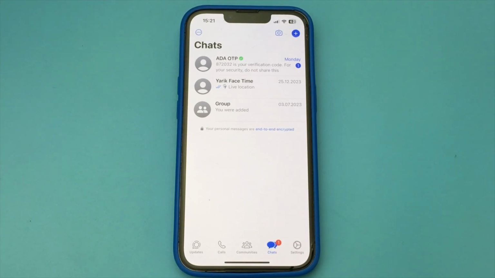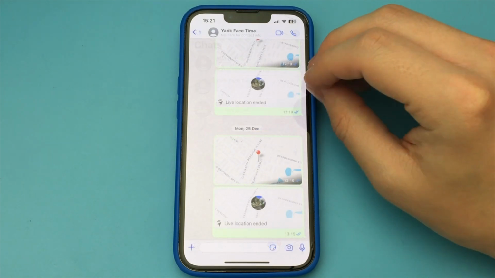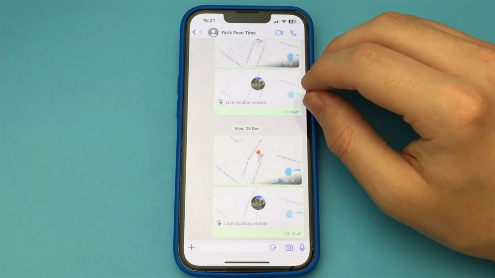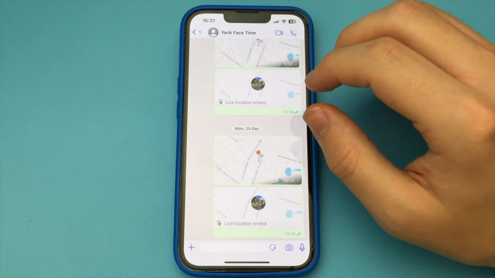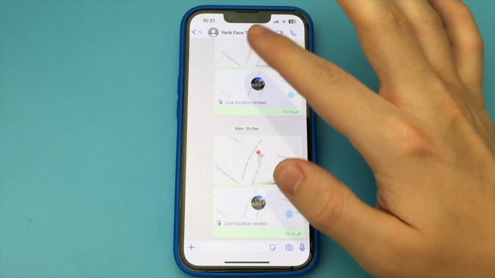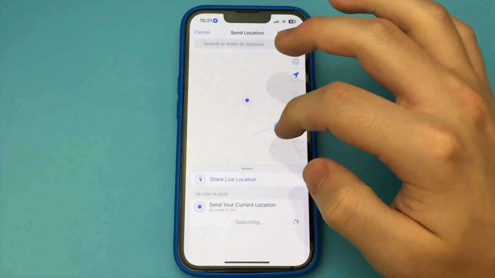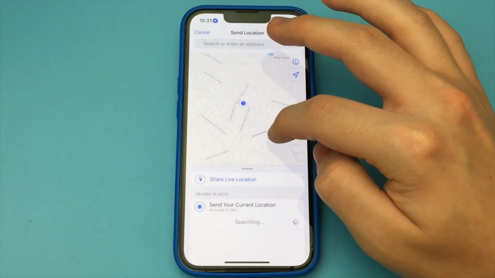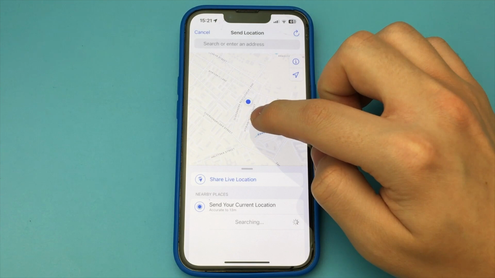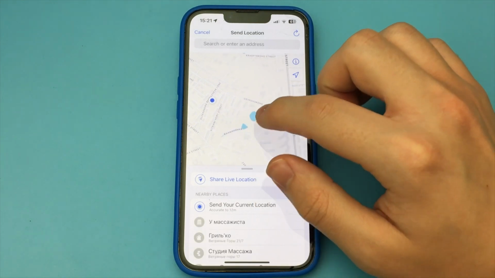Thank you. In this video, I want to show and tell you how to share your geolocation in WhatsApp. Then you open a chat with anyone and click on the plus sign here. And this is where you see the icon, Location. We click here. Now we're going to be asked to confirm that the app will use your geodata. Click Allow once, or select the item we want.